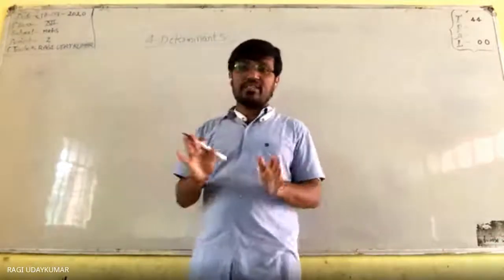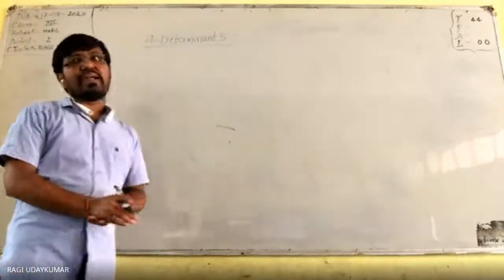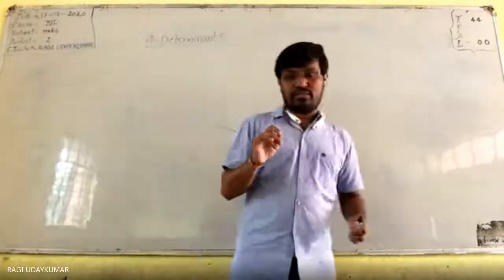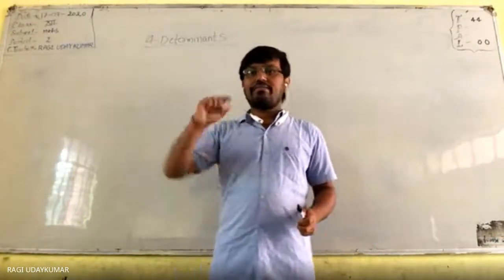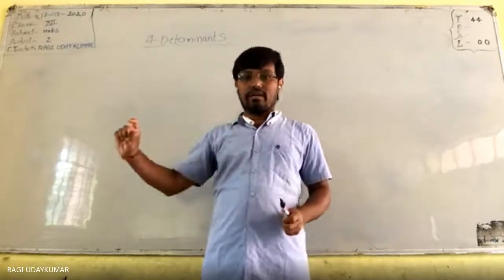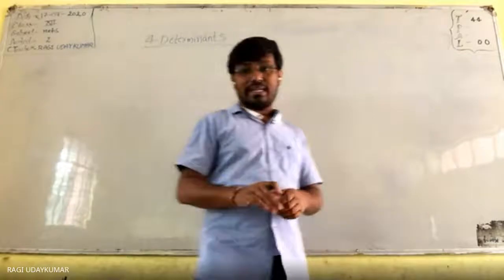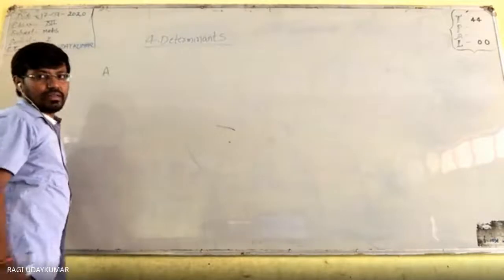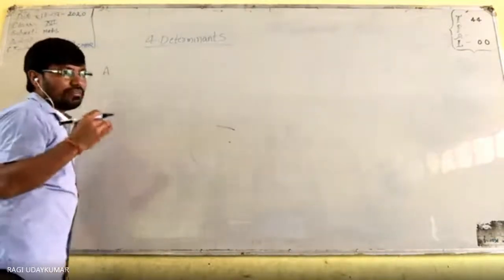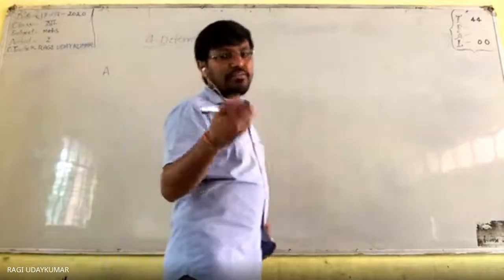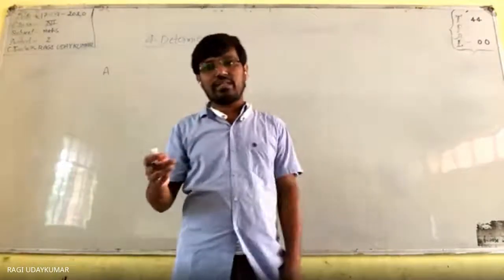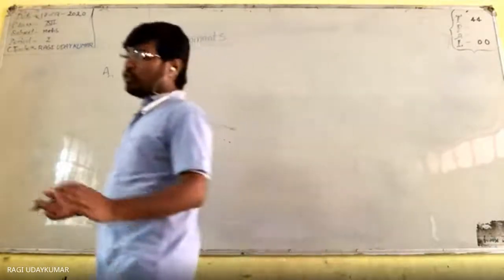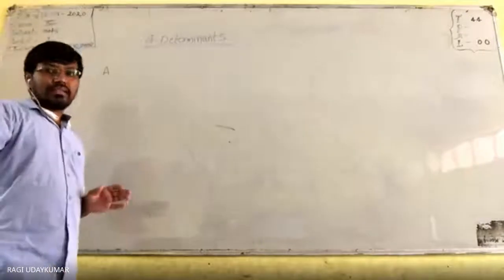So now here the first thing is the determinant. What is meant by the determinant of a matrix? If A is any square matrix, a number will be allotted to that square matrix, and that is called the determinant of the matrix, denoted by det A. For different orders of matrices, finding the determinant may be done in different ways.